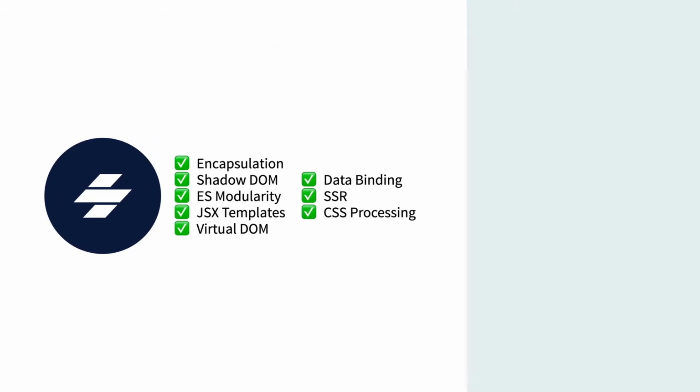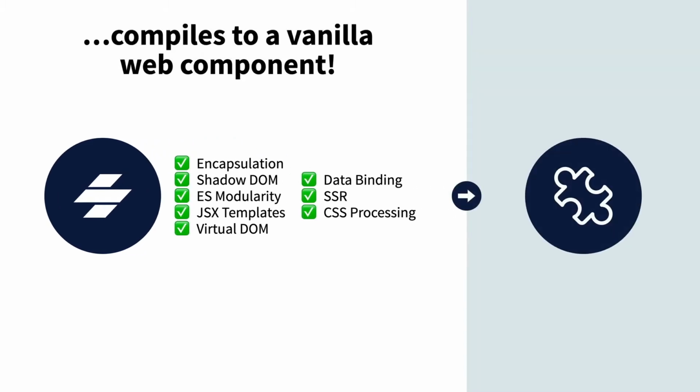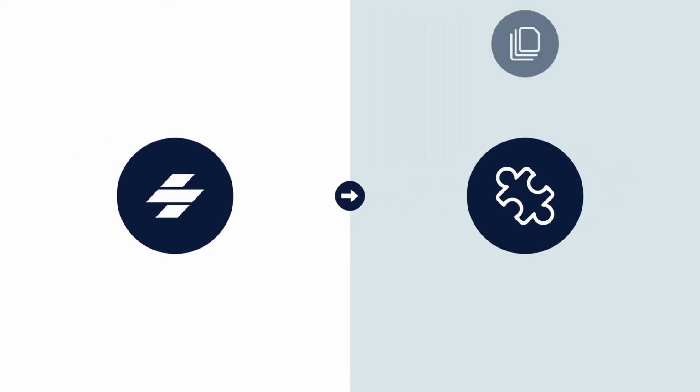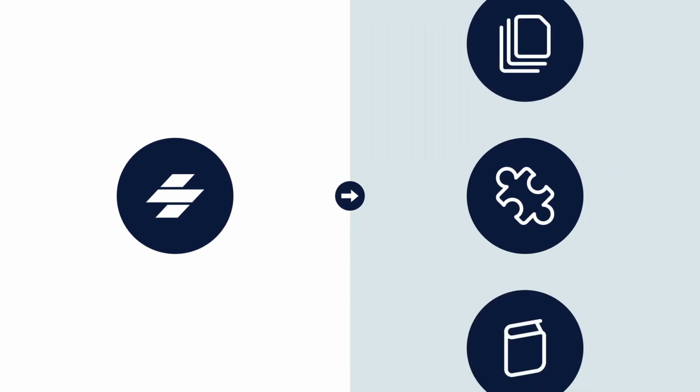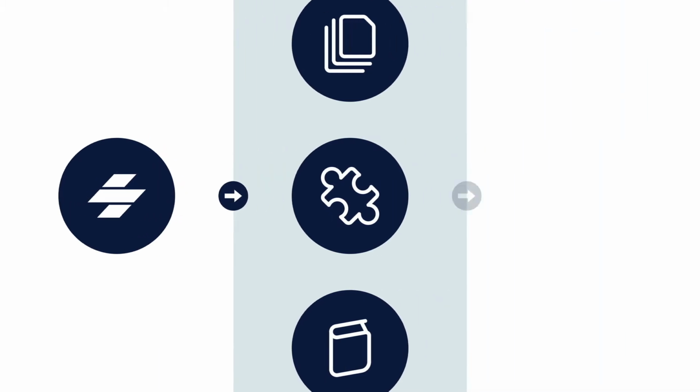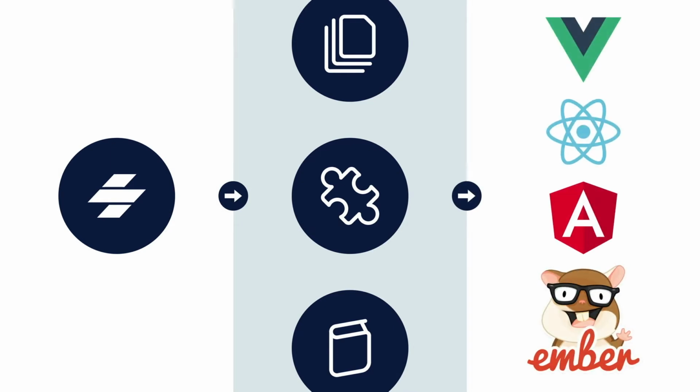The nice thing about a stencil component is that it will compile to vanilla web component. And because it's going to do that compile process, we can also output more than just a web component. We can render a static bundle of assets, we can output documentation, and Stencil includes output targets where we can take the components and then translate them into Vue, React, Angular, Ember, and other JavaScript frameworks.